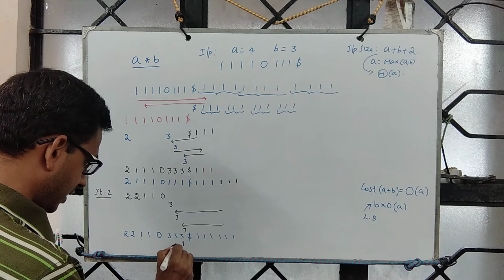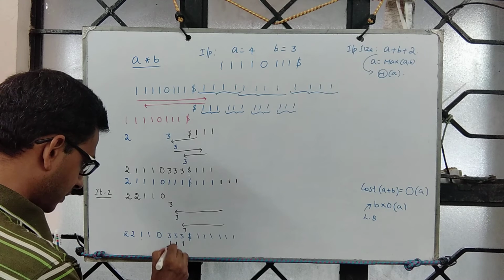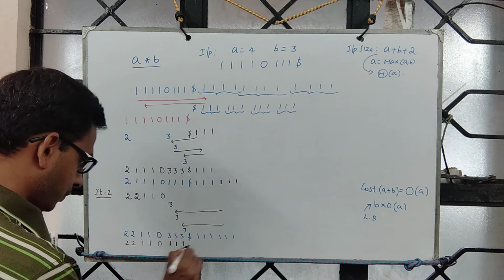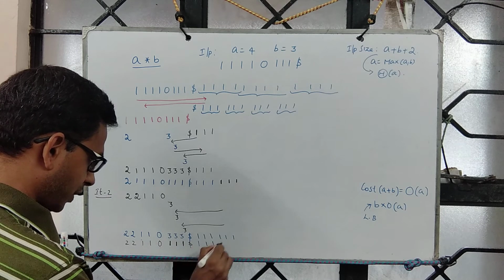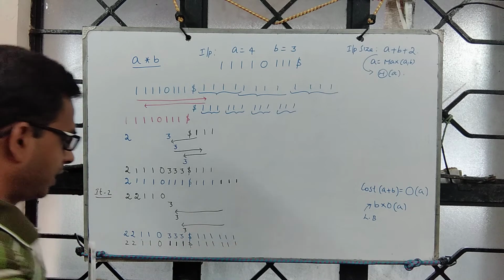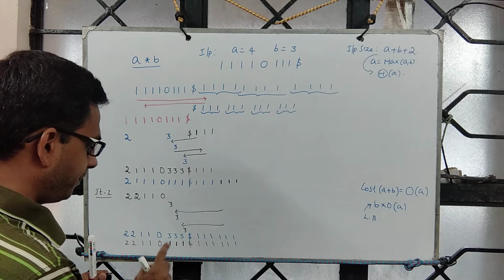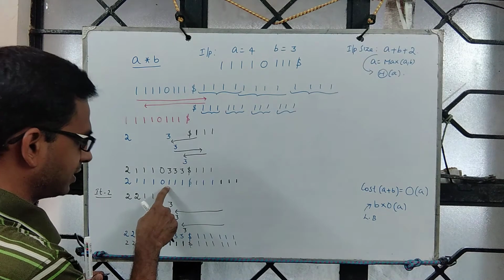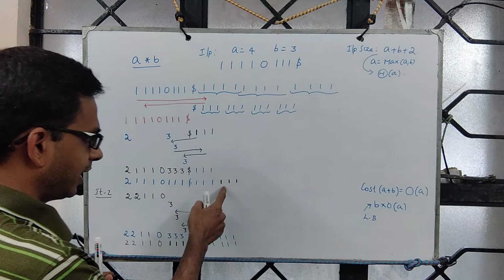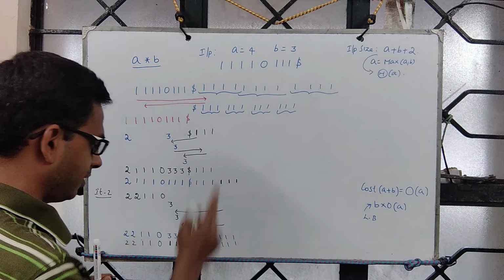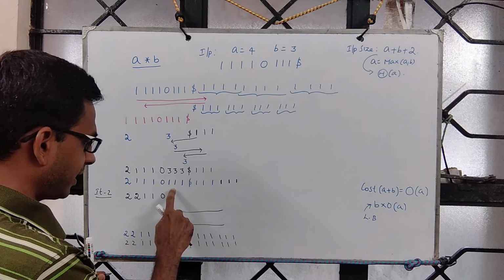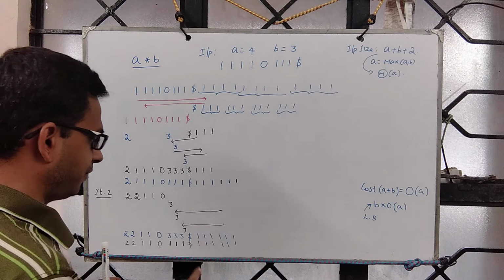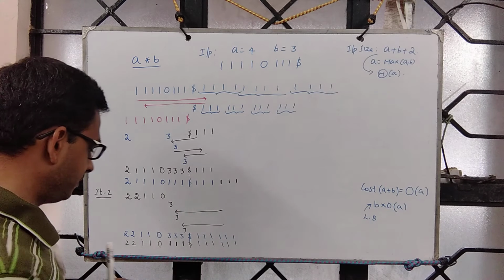Then same thing, now you are at this place, no more ones to copy, flip all of them. So this will become 1, this will become 1, this will become 1, 0 1 1 2 2 $ 1 1 1 1 1 1. This is just a local flip because when I change 1 to 3, I know this 1 is taken into account and its copy is created on the right. I come back, I flip the next 1 in B to 3, go right and flip it. So like that I keep doing it.